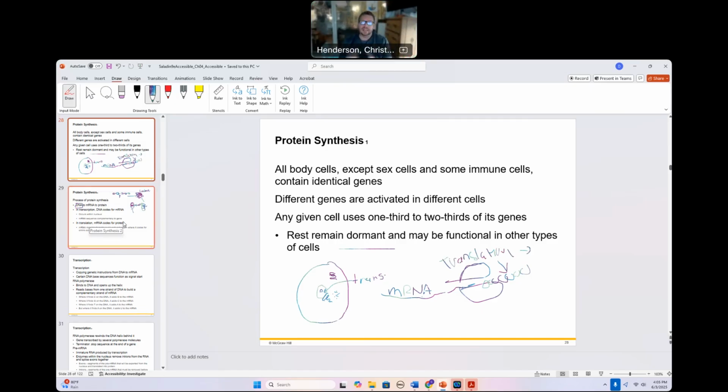Our cell needs to make protein. The protein is made in the ribosome. The ribosome is in the cytoplasm. The ribosome needs information or instructions on how to appropriately put the amino acids together to get a functional protein. That information is housed in the library, in the nucleus. We can't take our DNA out of the nucleus to bring it to the ribosome. So what do we have to do? We got to make a photocopy of it. What is that photocopy called? That is mRNA. Going from DNA to mRNA, same language, nucleotide language, you're just transcribing,